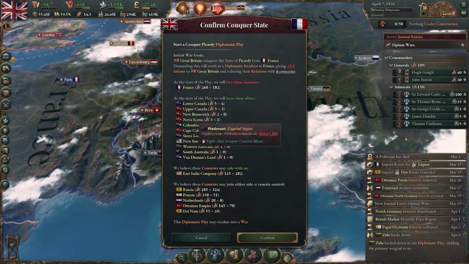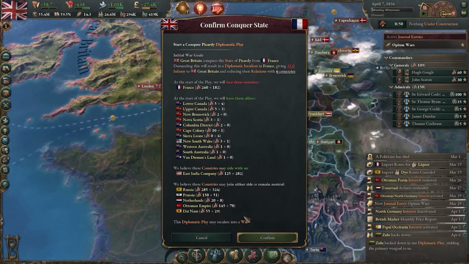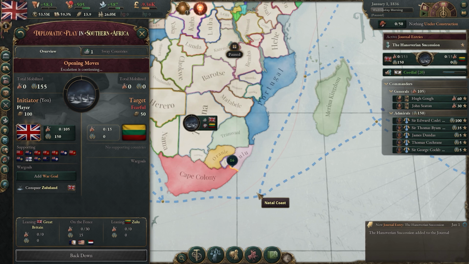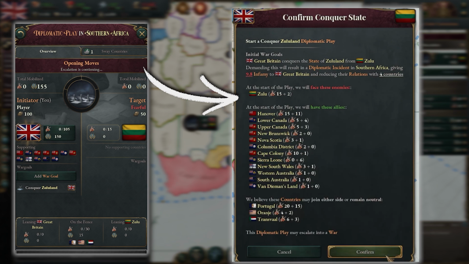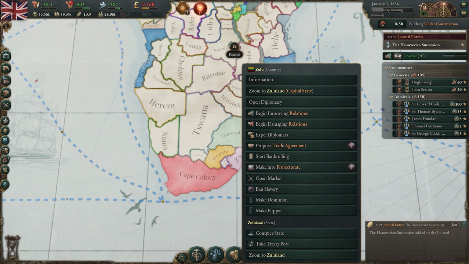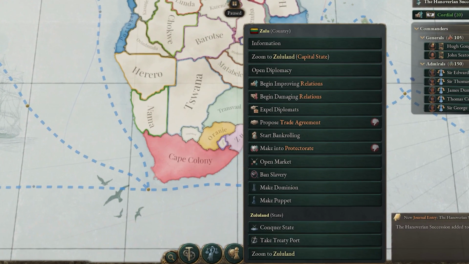Now, let's get into the more aggressive side of diplomacy in Victoria 3, diplomatic plays. In Victoria 3, warfare is seen as coming as a result of diplomacy, so creating a diplomatic play against another country is how you can set the stage for potentially going to war with another country, or maybe not, depending on how the diplomatic play plays out. As long as you don't have a truce with that country, diplomatic plays let you demand something of another country, such as their vassalage, their territory, or even demanding them to ban slavery.